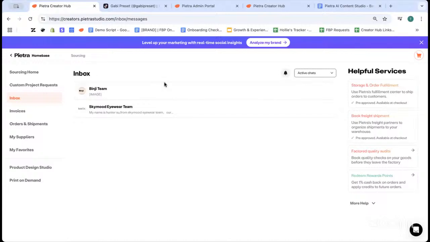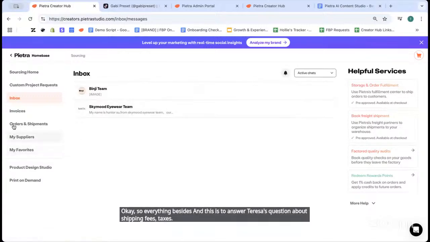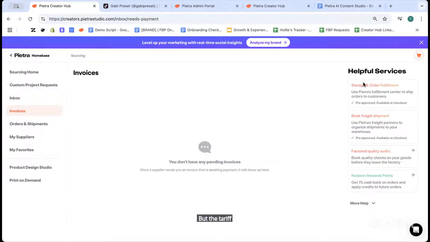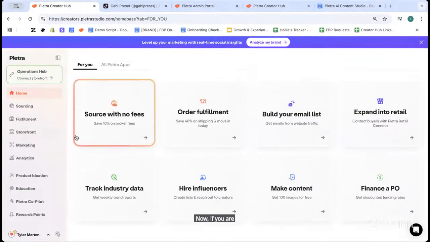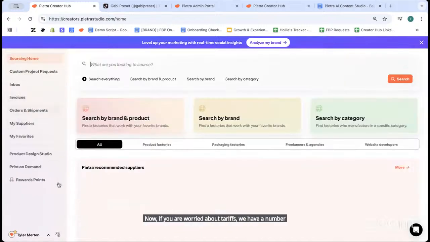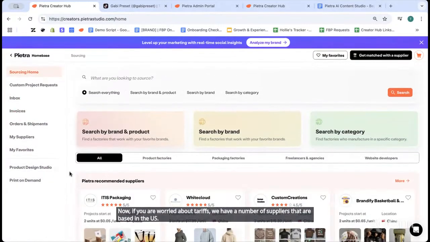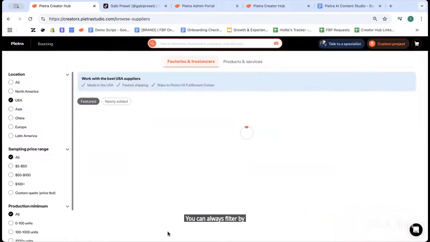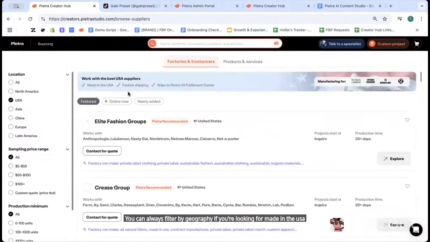Okay, so to answer Teresa's question about shipping fees, taxes, tariffs: everything apart from tariffs will be shown in your invoice here, including the shipping, but the tariff will be due after the items are shipped. Now, if you are worried about tariffs, we have a number of suppliers here that are based in the US. You can always filter by geography. If you're looking for made in the USA, you can filter by that